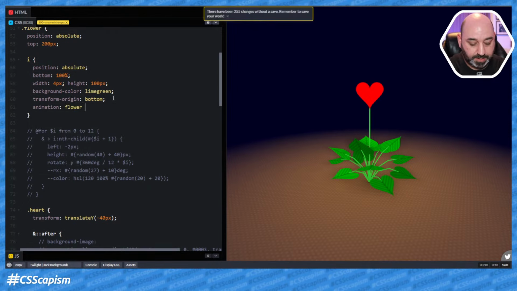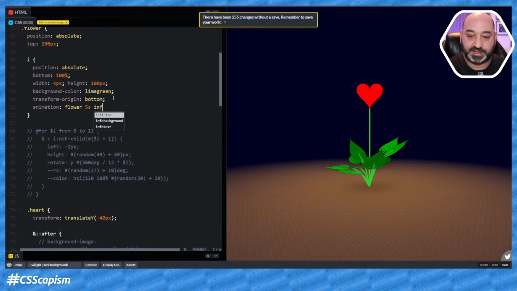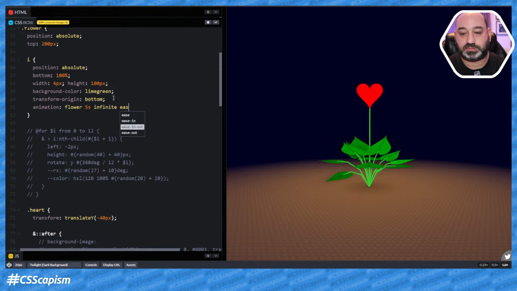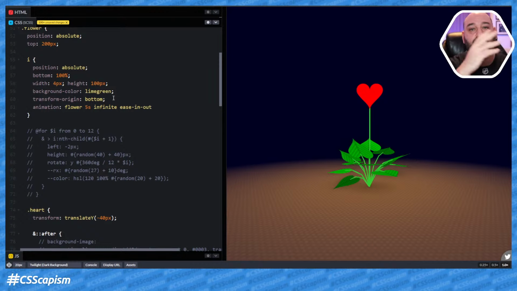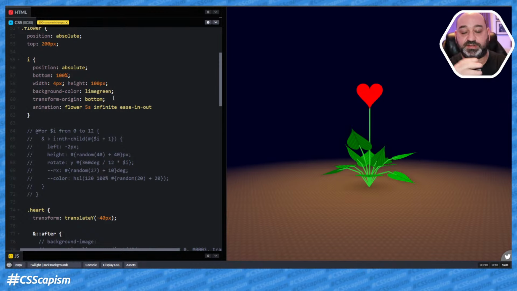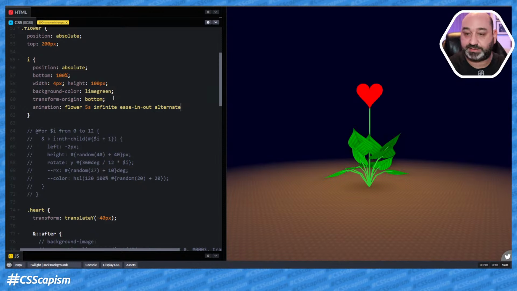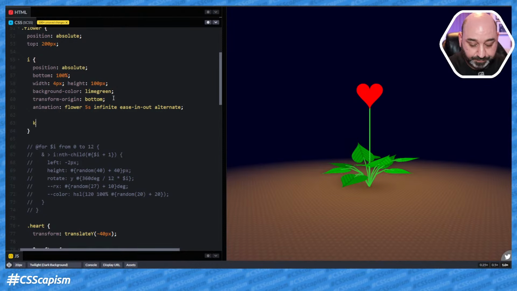flower. Let's say 5 seconds, and I am going to put infinite because I want it to run infinitely, easing out, because this is like the movement of a swing, something that swings back and forth, so it's easing back and forth. And of course I'm going to use alternate, again, back and forth, alternate. And the keyframes for the flower,